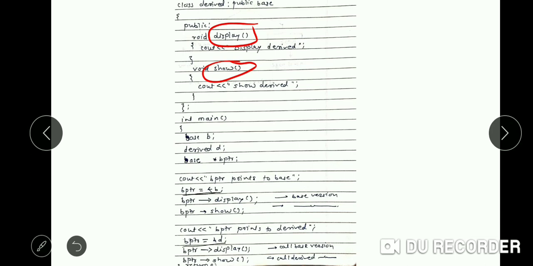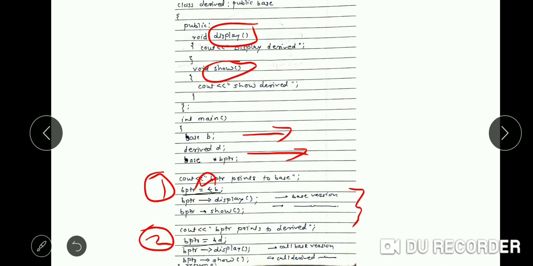Inside the main function we have the base class object, derived class object, and base class pointer. Here we have two cases, the first one and the second one. In the first case, if we assign the address of the base class object to the base pointer, then it executes everything from the base class.